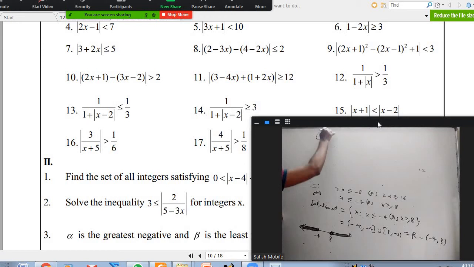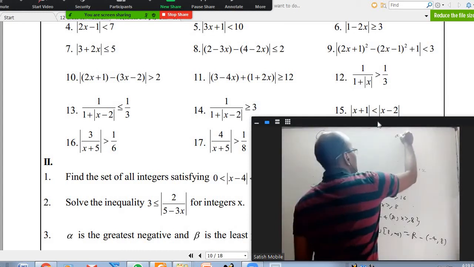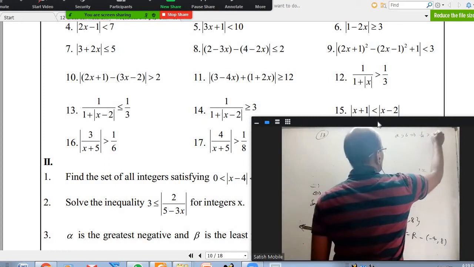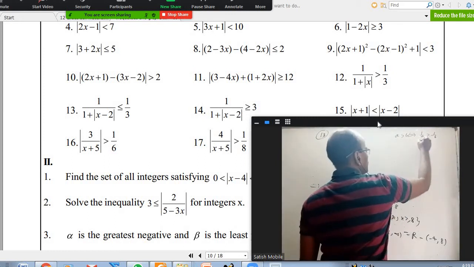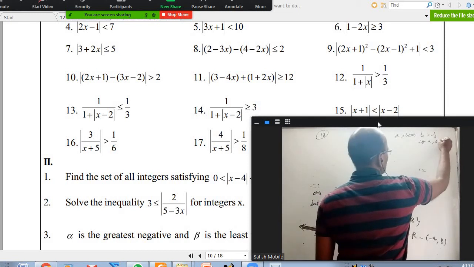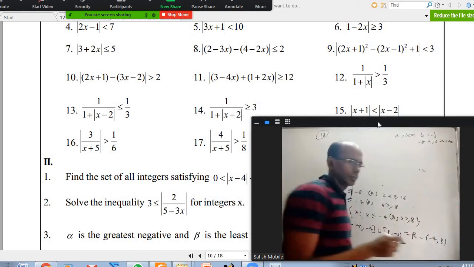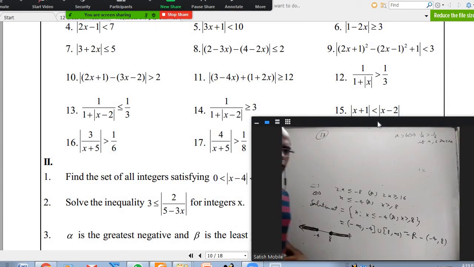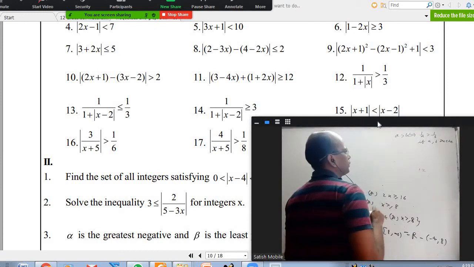Yeah. 13. Somebody can have a doubt. Can we take reciprocal? Here, everything is positive. LHS is also positive, RHS is positive, so we can take reciprocal. Okay. In 13th question, we can take reciprocal, we can do cross multiplication also. A greater than B implies 1 by A less than 1 by B, if A, B are positive. If they are negative also, it may be correct, but right now we are dealing with the positive.